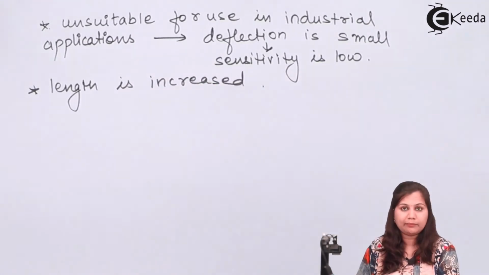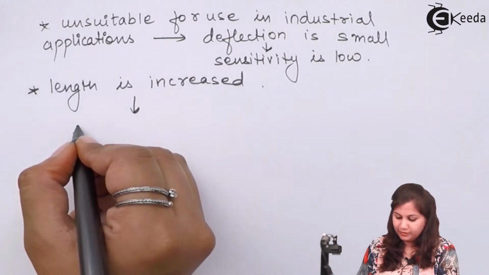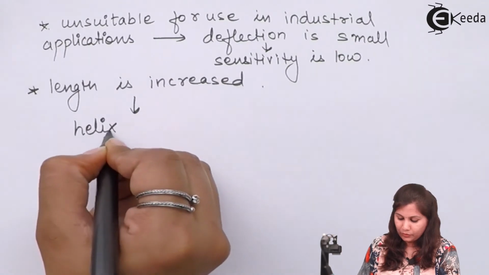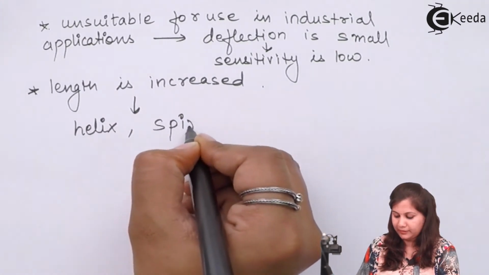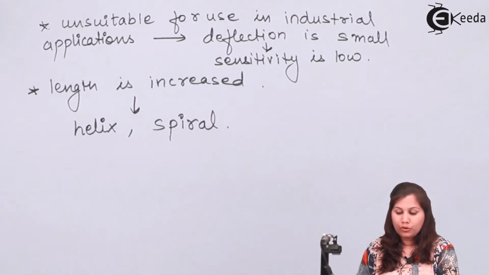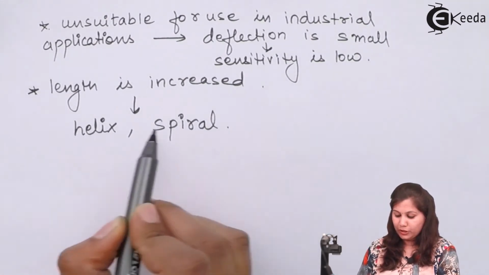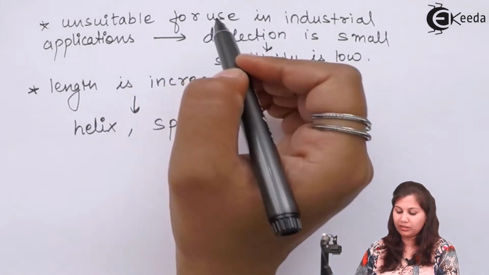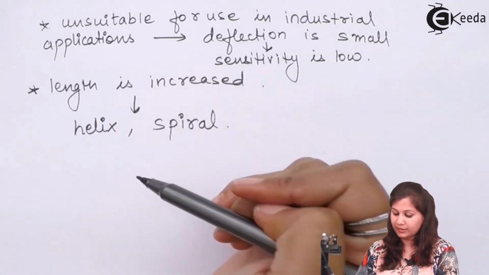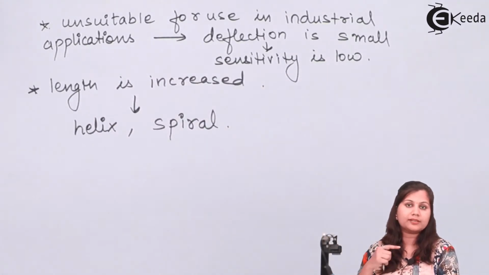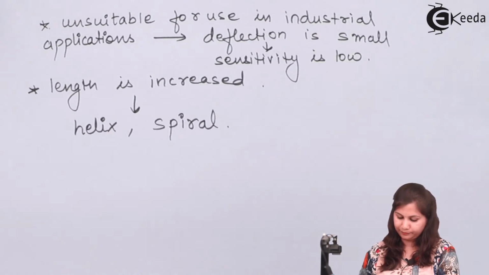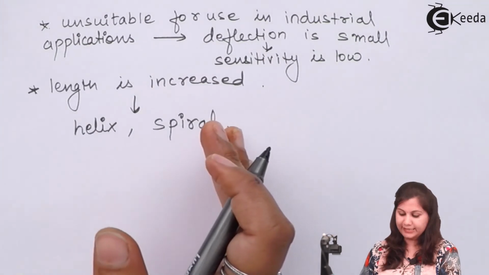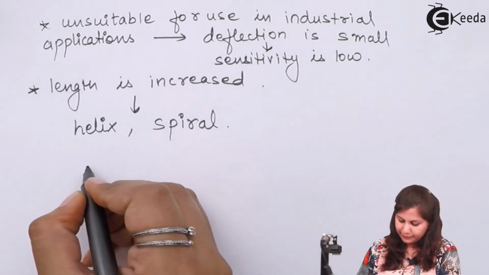And how can this length be increased? By shaping the bimetallic strip into either a helix or in the form of a spiral. So these types of bimetallic strips which are in the shape of a helix or a spiral can be used in industrial applications because in them the length of the strip is increased. Let's see the shape of the helix and the spiral type. In spiral type,